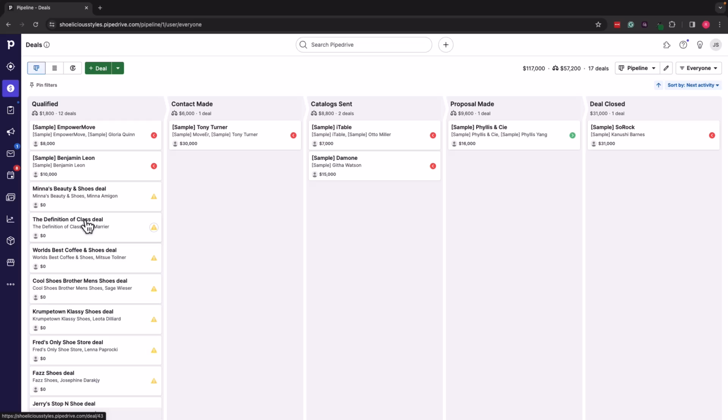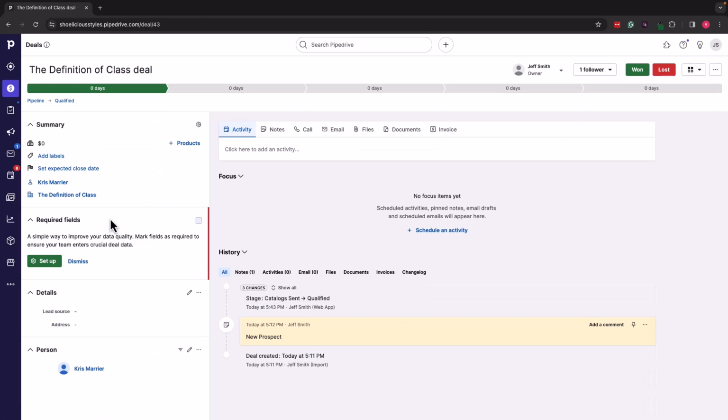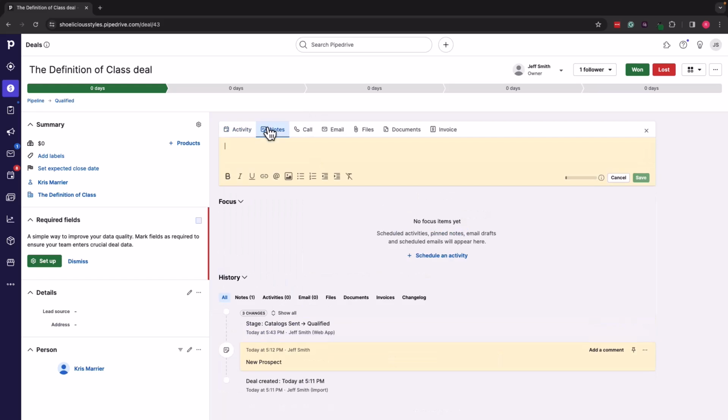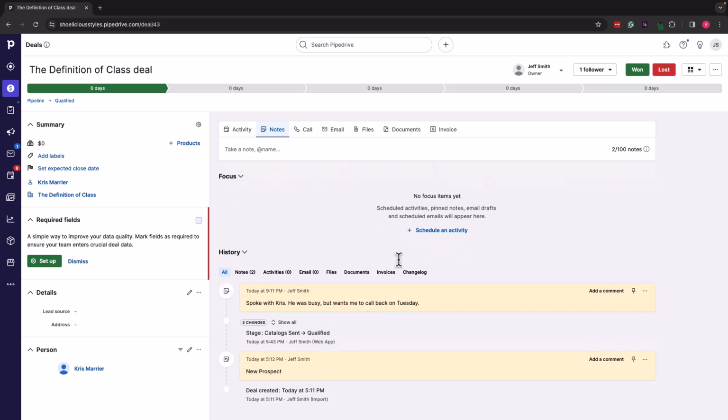Say I make a call to the shoe store, the definition of class. I talk with Chris, make contact with him. He's a little bit busy, so I'm going to call him back. Let me show you how to just take a quick note on this. So what I'm going to do is go to the Notes tab, just say spoke with Chris, wants me to call back on Tuesday. I have that note